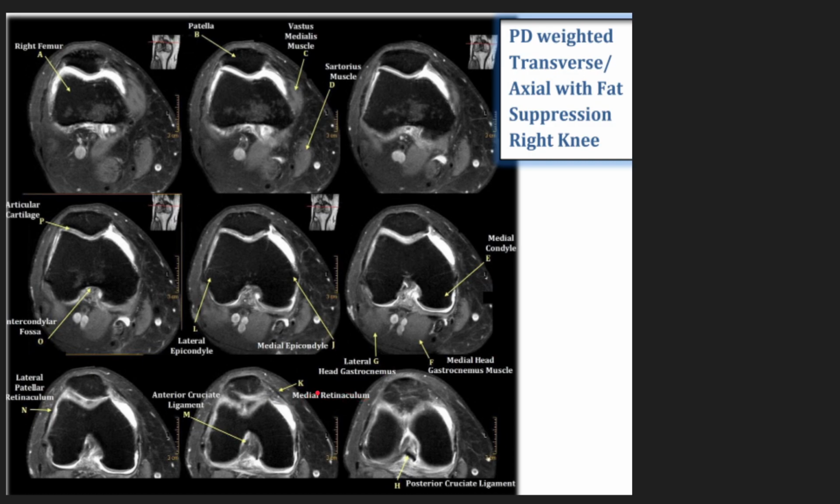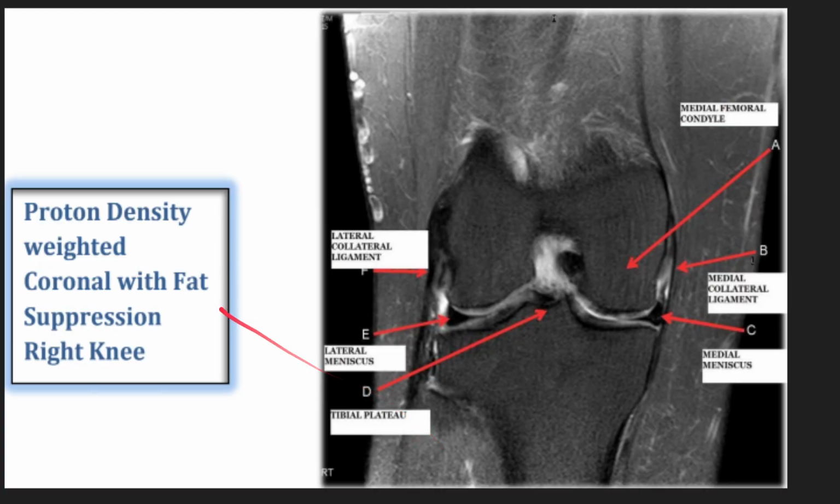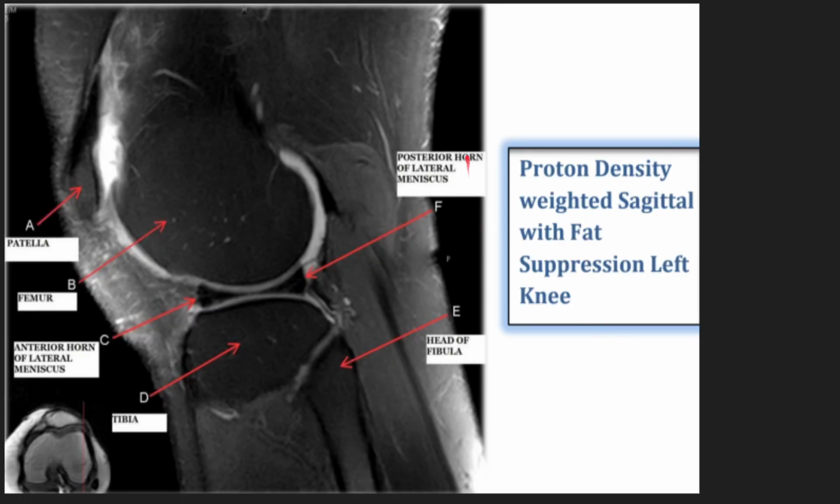medial retinaculum, posterior cruciate ligament. Here you have a lateral collateral ligament and medial collateral ligament, medial femoral condyle, lateral meniscus, tibial plateau, medial meniscus, posterior horn of lateral meniscus, anterior horn of lateral meniscus, femur, patella, tibia, head of fibula,